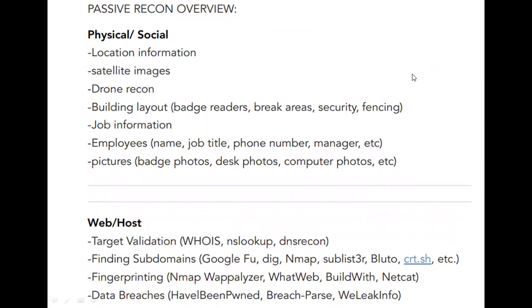During the passive reconnaissance phase, what are the things we are trying to look out to gather? The first thing is the location of your victim. It could be satellite images, it could be via Google Maps. For example, let's say Polaris Bank, or let's say Access Bank. You want to know the location where they are. You want to know the layout of where your victims are, right? For example, maybe you are trying to carry out an attack against a university.